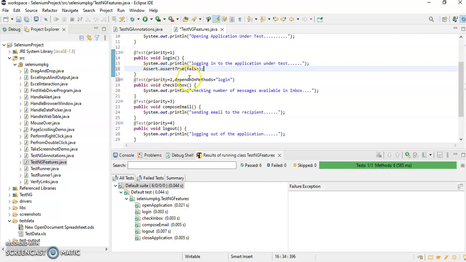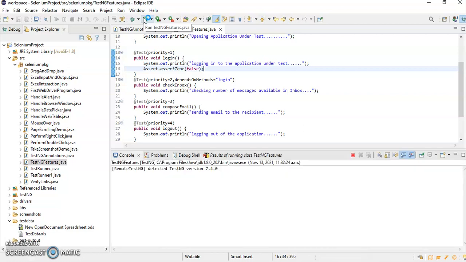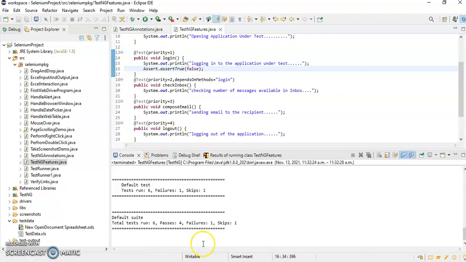Okay, so basically it is expecting one true value, but I have given here false intentionally so that this particular test case will get failed. Okay, so now if I execute it, okay, so then I will get this result.